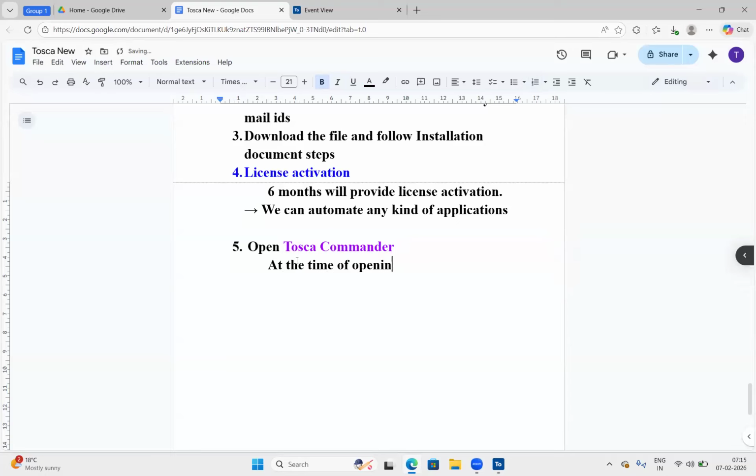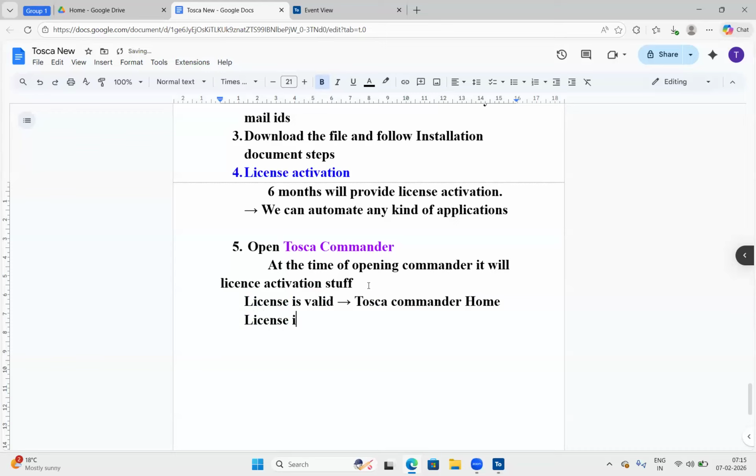At the time of opening Commander, it will check the license activation. So team, if your license is valid, directly it goes to the Tosca Commander home page. So this is also very important. If the license is not activated, let us assume the license is not activated, directly it goes to the license activation page.